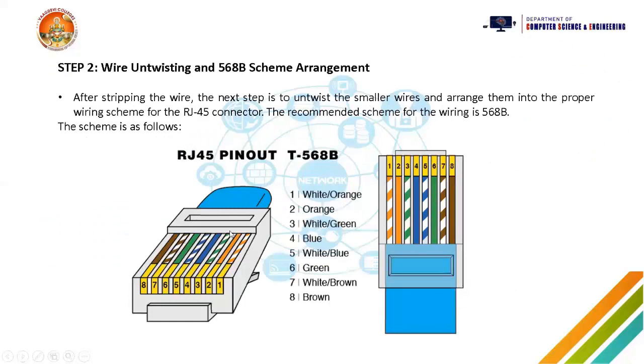Then this is the RJ45 pin, how it looks from outside. It has 8 sectors or 8 grooves. We have to insert all the 8 wires here. There are two color combinations, one is T568B and the other one is T568A. These are the two combinations that we use while inserting the wires in the grooves. The first, T568B, uses white orange wire in the first groove. Next one is orange, third one is white green, fourth one is blue, and so on. These are the 8 wires that we have to arrange as per the given order.